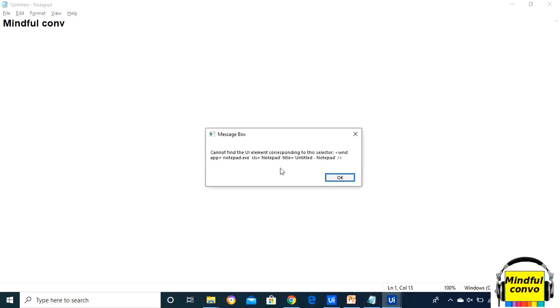See, we have an exception in the message box: cannot find the UI element corresponding to this selector, notepad.exe, class Notepad, titled Untitled - Notepad. Here we have selected the title for the Notepad as Untitled - Notepad, but we can see that there is a star written before the Untitled. That's why it is unable to find the Notepad and hence gives us the exception.